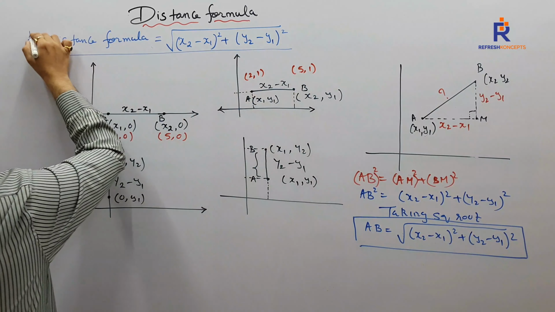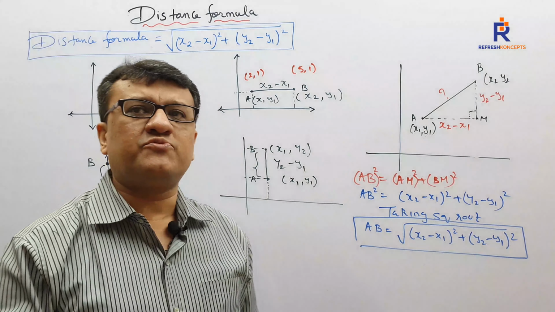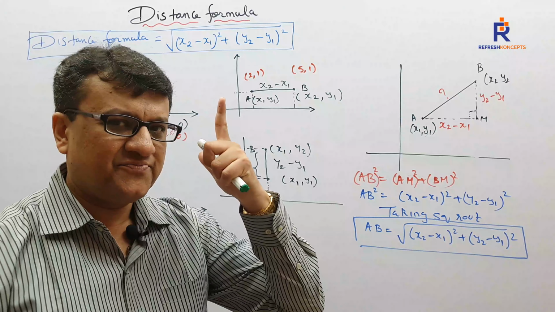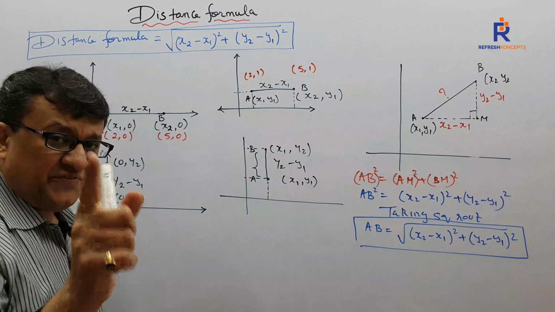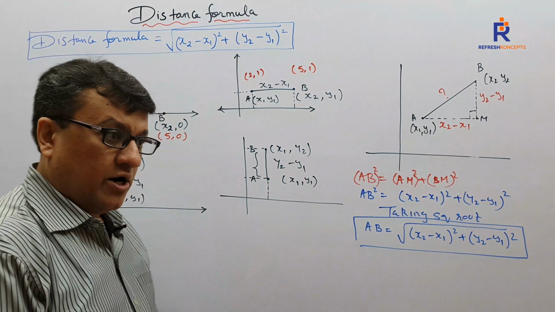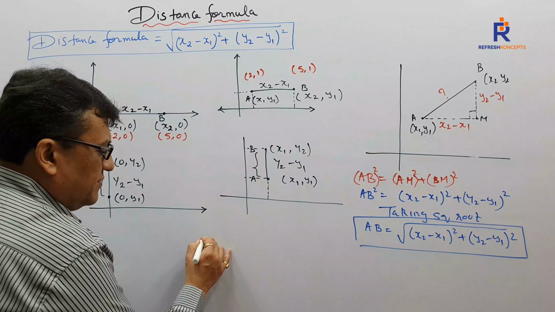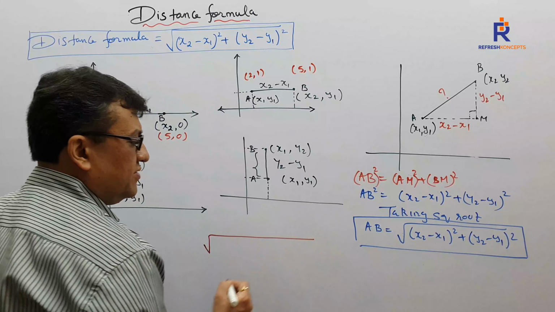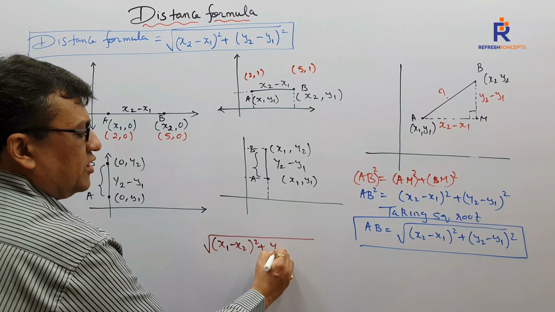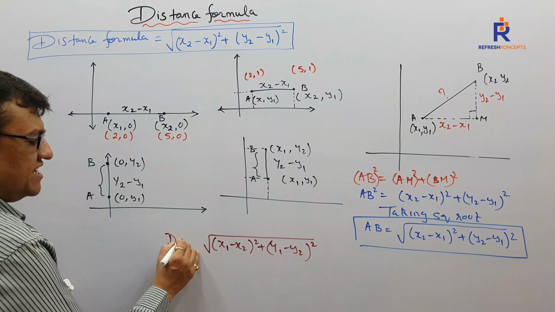Kindly check, children. That is what we had written first. So distance formula is nothing but x2 minus x1 the whole square plus y2 minus y1 the whole square. Right? One more thing I would like to tell you. Children, if I were to write down one more distance formula, I'm writing with different markers so that you understand, can I say distance formula as x1 minus x2 the whole square plus y1 minus y2 the whole square? Is it correct? This is what the distance formula is. DF stands for distance formula.